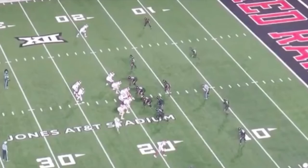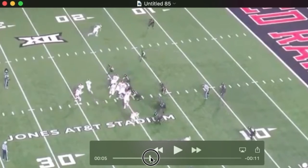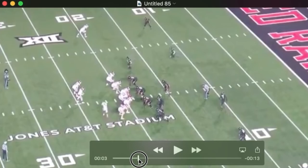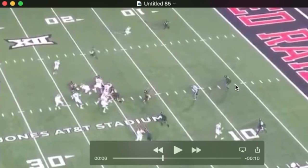Notice what the defense does in response to this motion. You can see the play's already picked up where he's gone into motion. This is Marquise here. Watch the free safety come tearing downhill, and that's his guy. What that does is they have a cover 3 look here that they want to get back into, so they send the strong safety. He's coming in to fill in that 3 look, but you can see he's a little bit